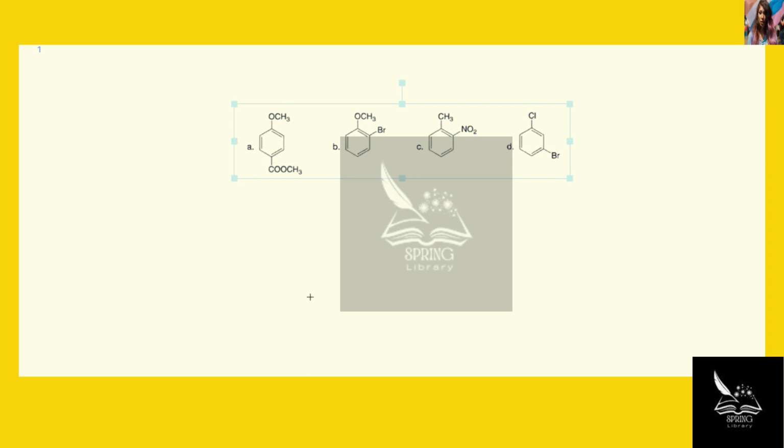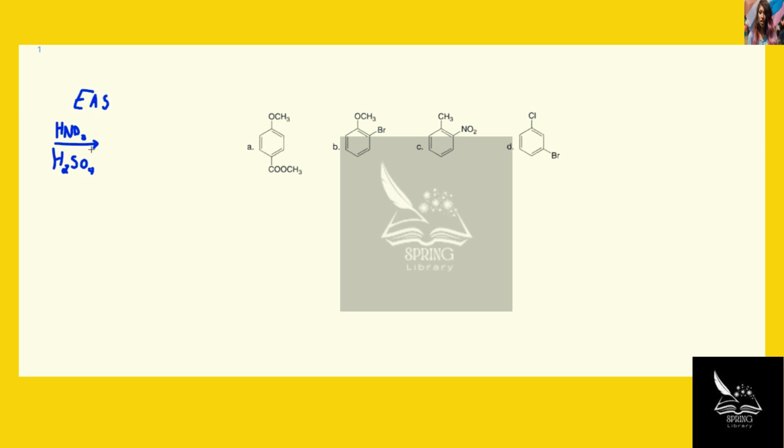And this problem asks us to draw the products formed when we treat each of these compounds with nitric acid and sulfuric acid. So each of these is being reacted with HNO3 and H2SO4. And what we know about this type of reaction is that it's going to be an electrophilic aromatic substitution